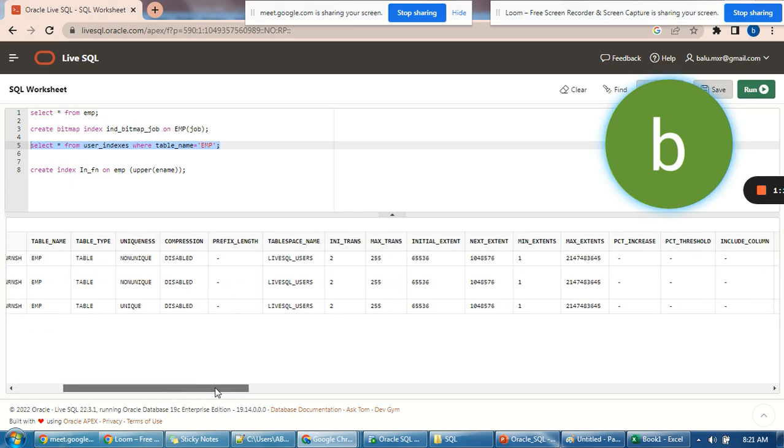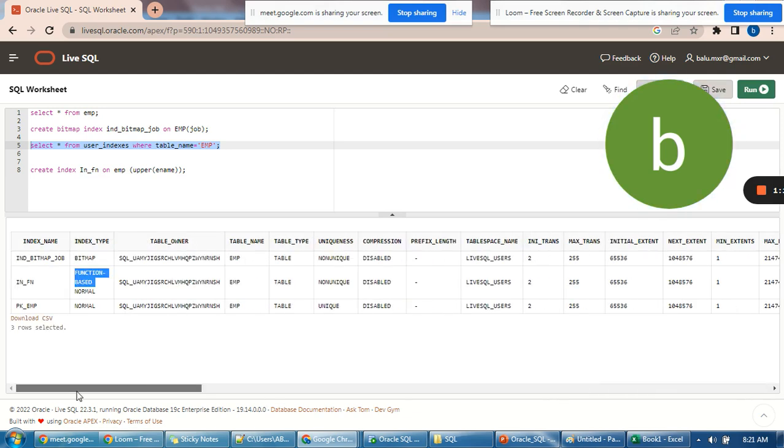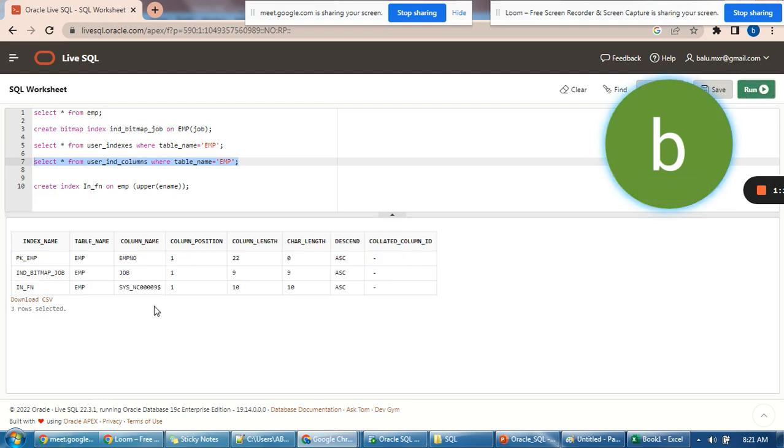Okay, where you are having that value, upper function, index in columns, where table name equal to em. Now go and check. You are having the function is upper. Where you are having that one